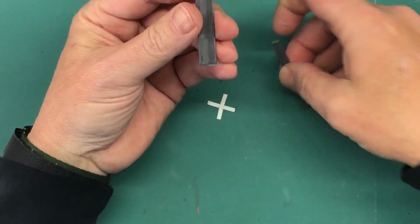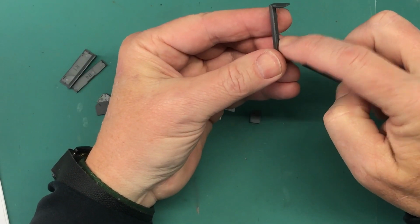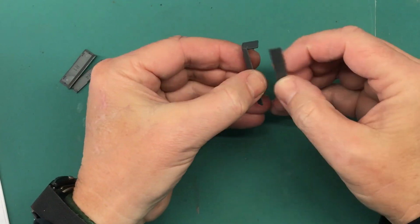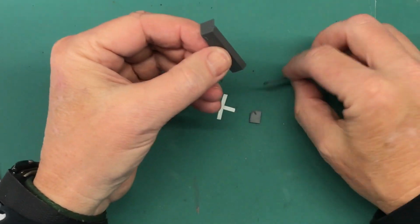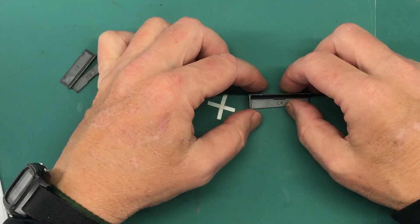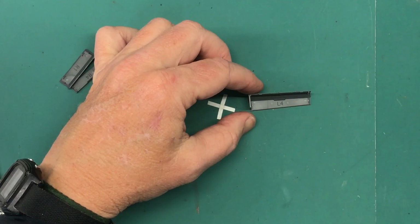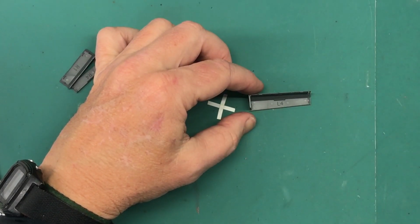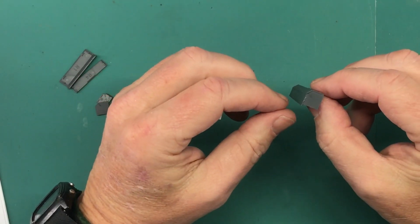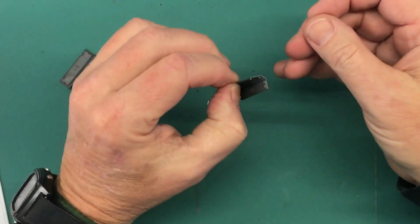And then this piece here, there's a tab there and a slot here. And then that notch there fits that pin there. So let's put it like this. Make sure it's all pressed together. Like that. And then carefully